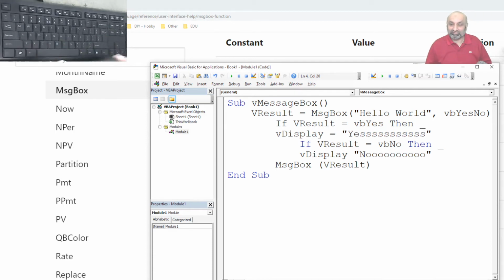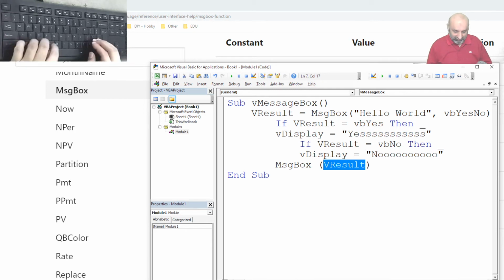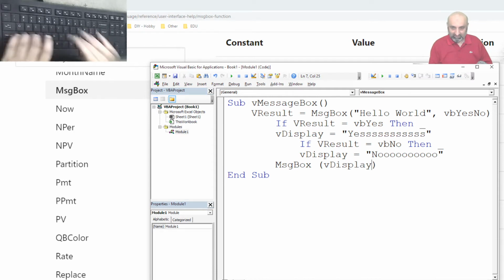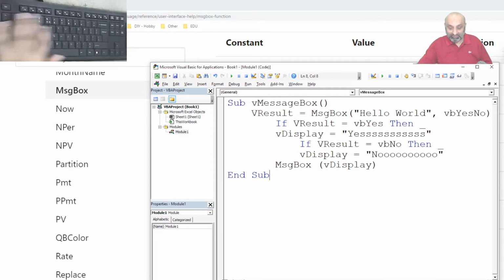So you didn't tell me that I am making an error. vDisplay is equal to yes, and vDisplay is equal to no, and in the message box we should display the display variable.